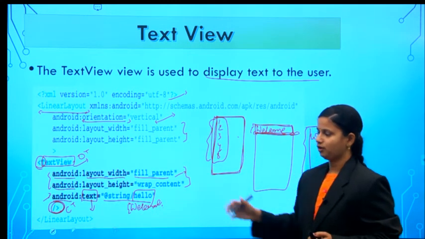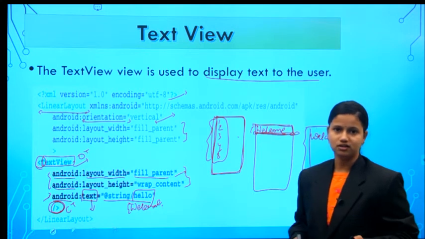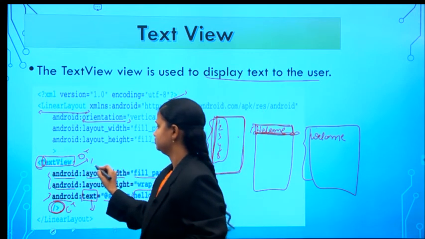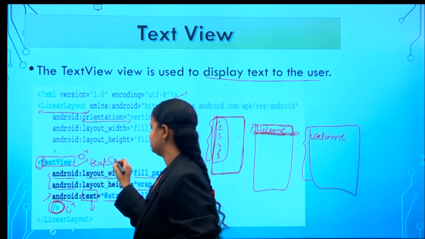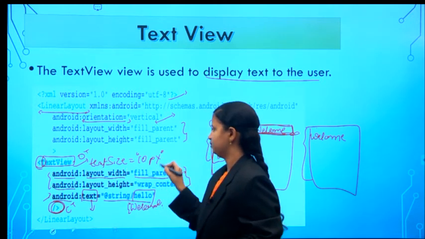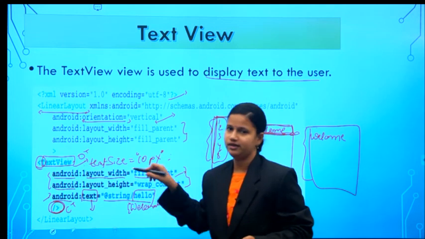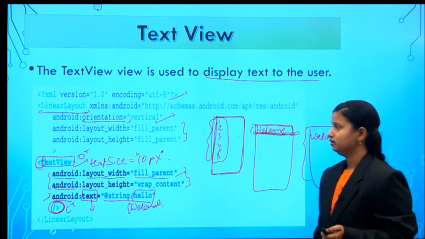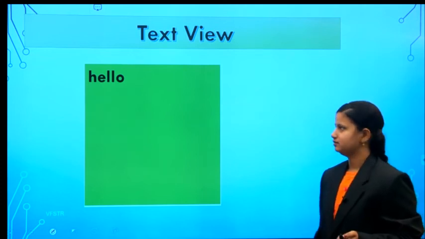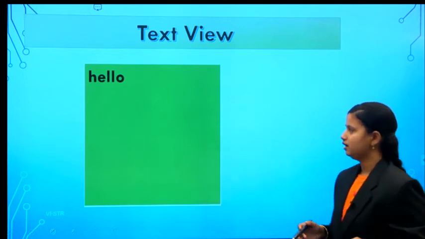Besides these three properties we can specify other properties also, like text view size. What is the width and what is the height? Along with this, what is the text size? The text size is also to be mentioned. If I want to display the text size as only 10 pixels, you have to mention text size of 10 pixels with android as a keyword. So our text view output will be displayed like this. It will be displayed only in the top left. From the top left it will display the message as hello world.